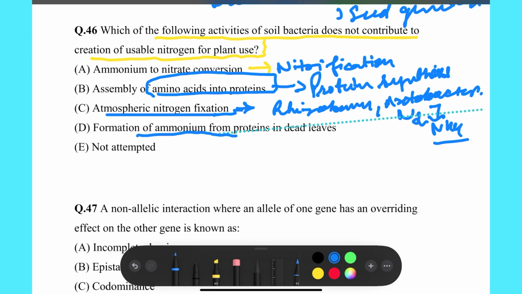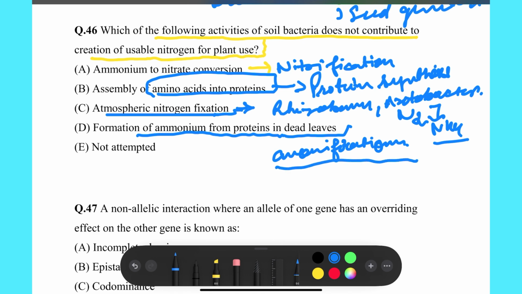Formation of ammonium from protein in the dead leaf. This is ammonification actually. Fixation of ammonium from protein. Because formation of ammonium is happening here, it means from protein, that is ammonification happening, okay. So the right answer will be B, that is